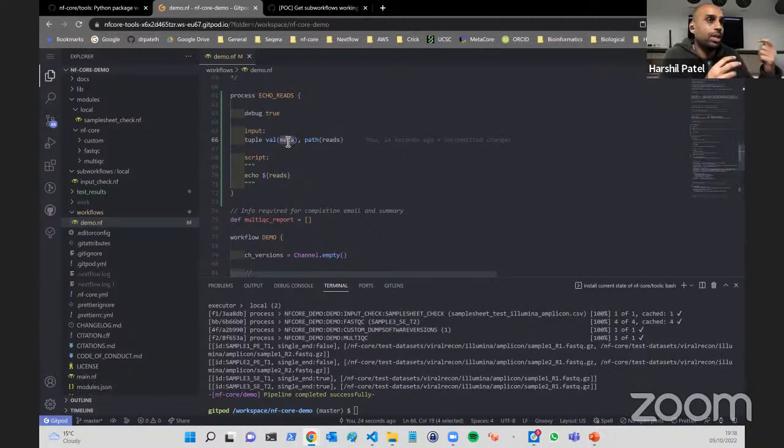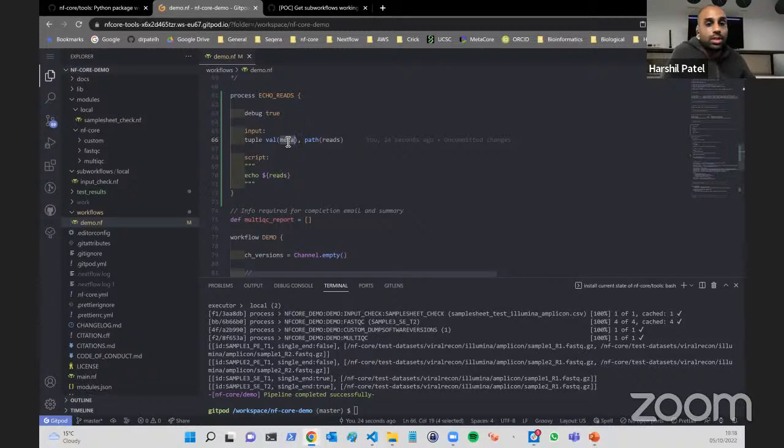For example, in the RNA-seq pipeline, we need to pass metadata like strandedness through the entire pipeline. But that metadata will be different for a ChIP-seq pipeline where you may need antibody information, or for a variant calling pipeline where you might need patient information. So this meta map just gives you that flexibility where you can have an arbitrary Python dictionary type structure or object that you can pass around the workflow,